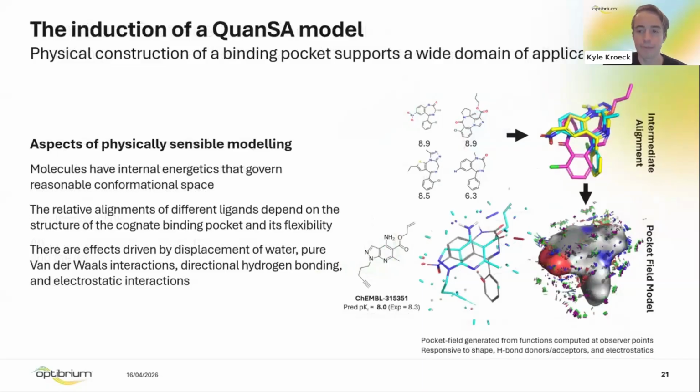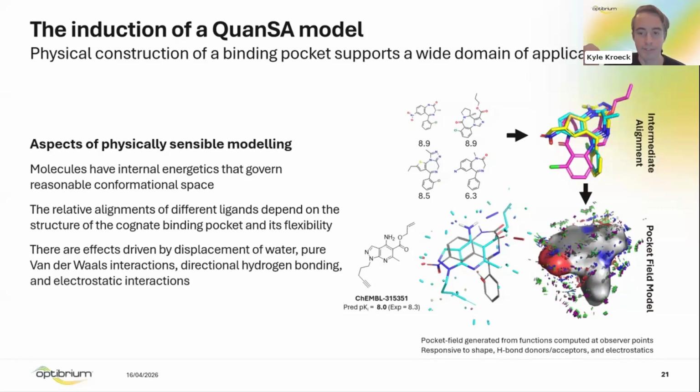So to ensure the model remains rooted in physical reality rather than statistical noise, QuanSA incorporates the MMFF94SF force field to account for internal ligand energetics. A significant risk in automated modeling is that an algorithm might identify a perfect fit using a conformation that is energetically impossible for the ligand to adopt. So by penalizing high strain poses, QuanSA ensures that every predicted binding mode is energetically accessible. This physical grounding ensures that the affinities derived from the model reflect the actual thermodynamic phenomena of the binding event, rather than mere mathematical correlation.